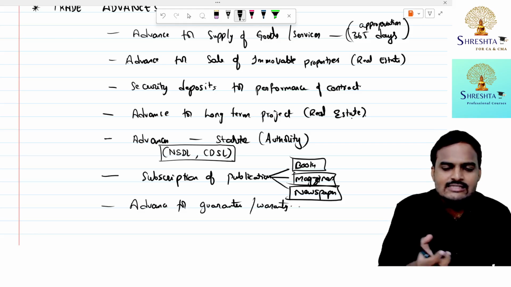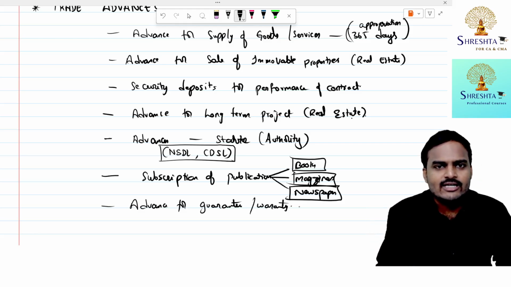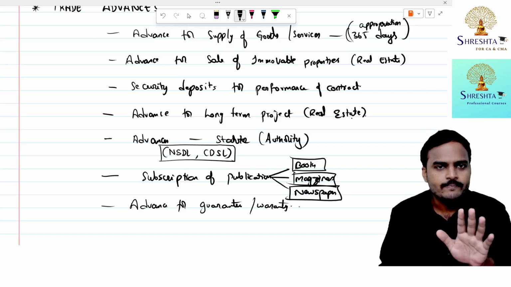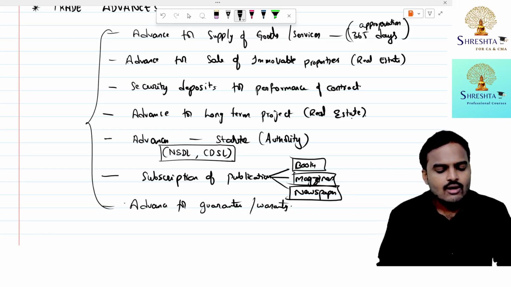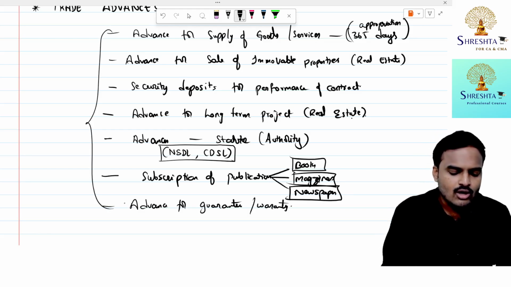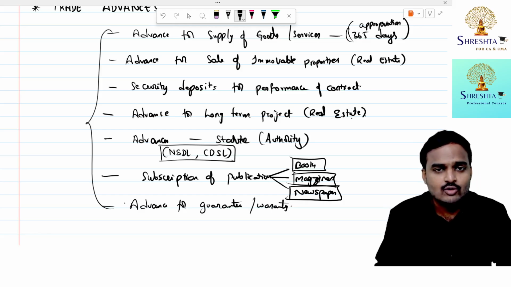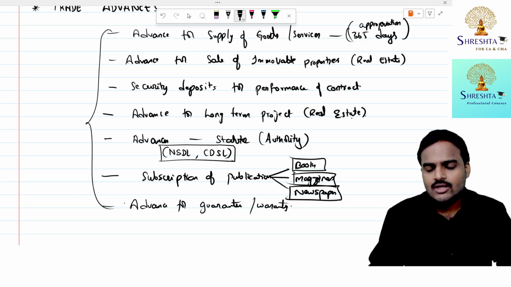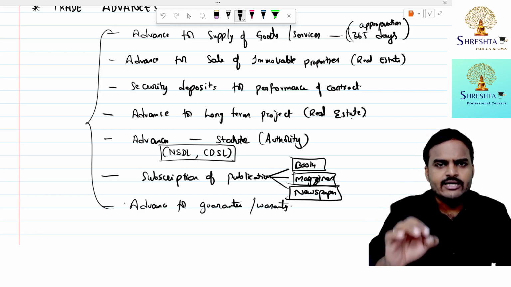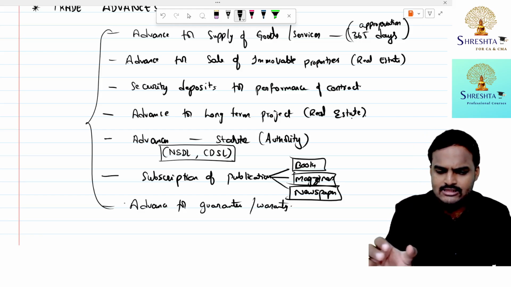Now advances received against extended warranties, extended guarantees, will they come under the definition of deposit? The answer is no. All these amounts are not treated as deposits, even though they look like deposits, they look like loans. Understood? 90% of exempted deposits we completed, only 10% remains.